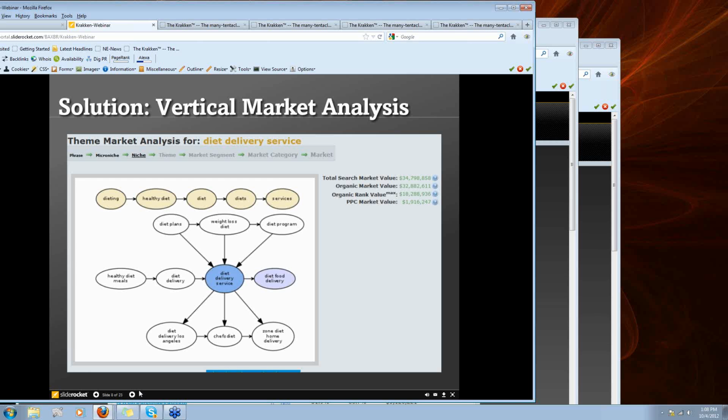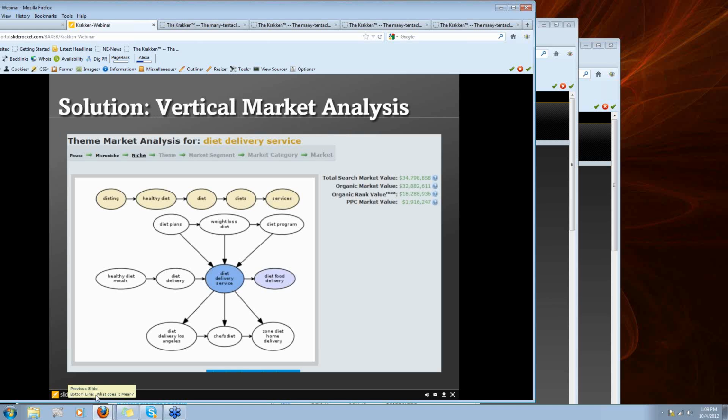And as you go through our documentation, the first phase of actually doing Krakken research, it tells you basically just drill into everything. Don't worry about how tangent it is to your market. If it looks interesting, drill into it. And then when you get done with that, you can look at the theme overview screen and start to make sense out of that. So then as you drill into something, we give you a screen like this with the idea that this helps you understand your market a little bit. So at this point, we're looking actually at data delivery service. And across the top,